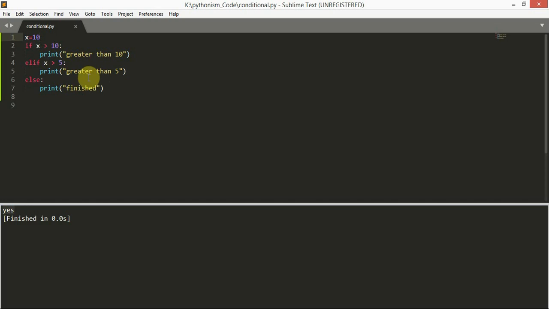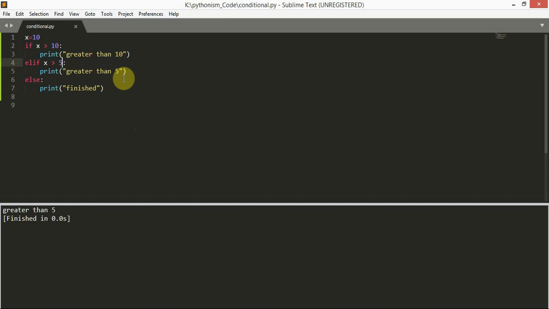That's it. The remaining else statements will not be executed. Say for example, first I will run, tools and then build. See, we got greater than 5 only.